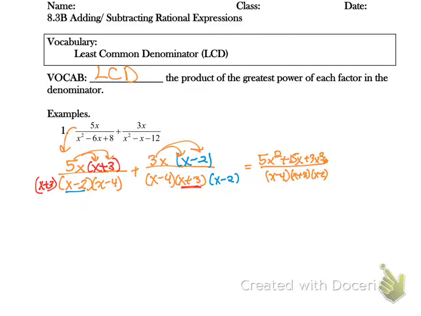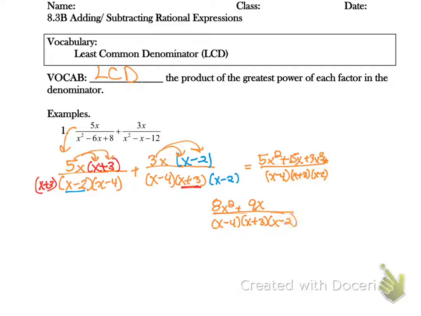We're running out of space there. And then the only thing left to do would be to combine like terms. So on top, we have a 5x squared and a 3x squared. So 8x squared. On bottom, 15x and 6x. Okay, sorry. So then 15x minus 6x is 9x. And then on bottom, I still have the same factors, x minus 4, x plus 3,